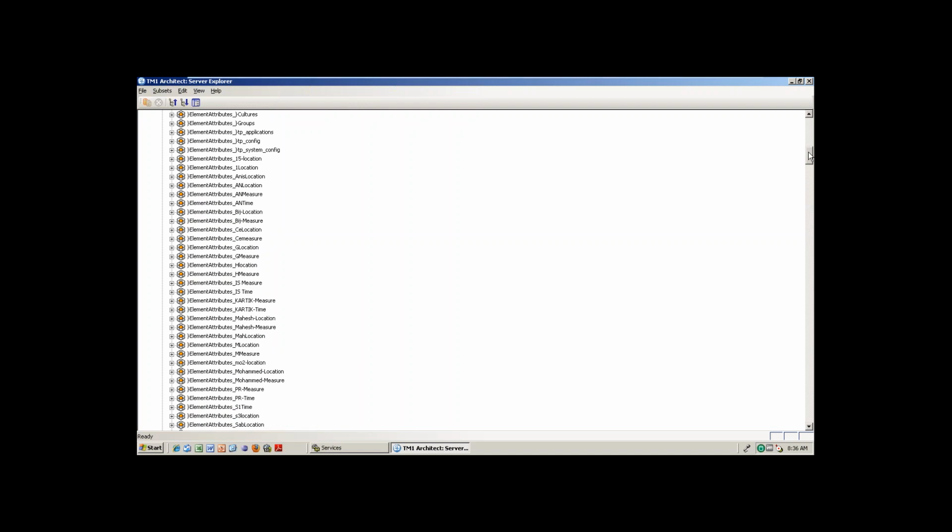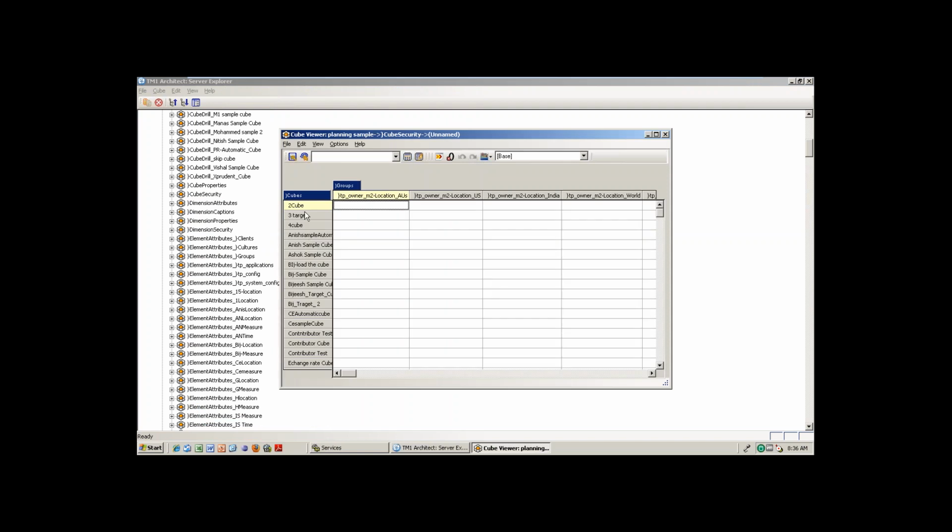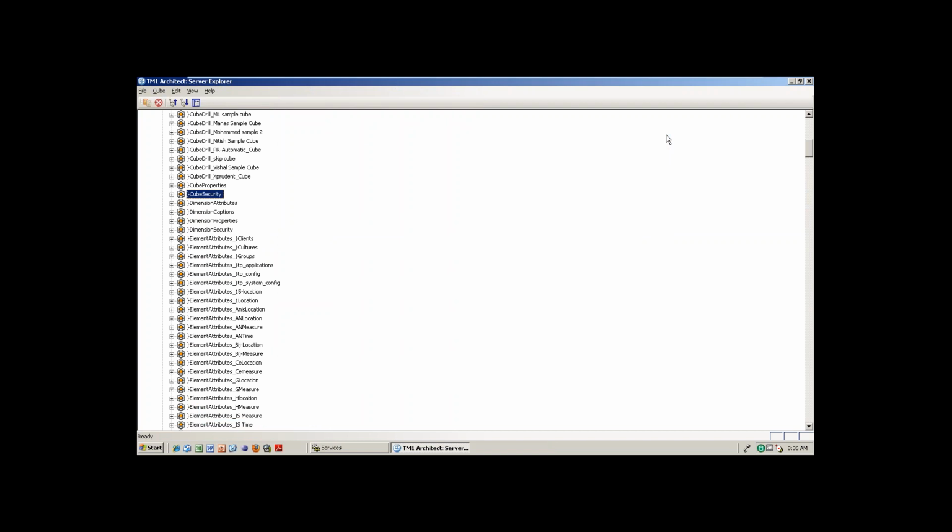Then you will understand that. What are the dimensions here? For example, if I'm giving the cube security, right? Which cube, what things, what groups are present, everything will come. You can easily find out. I will show you that, the dimension list. These are the control cubes, that is, backend cubes. If you go to the backend cubes, then you can easily come to know this.